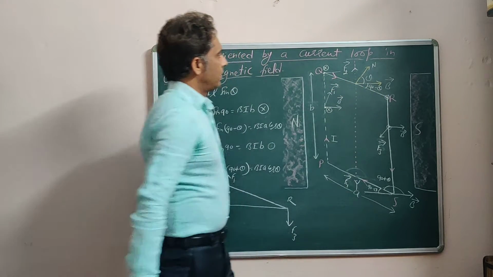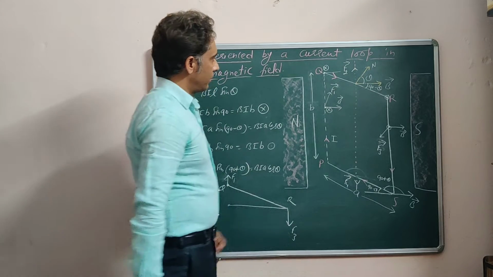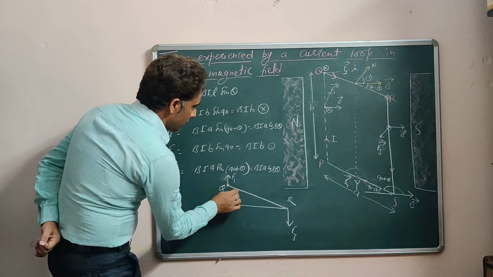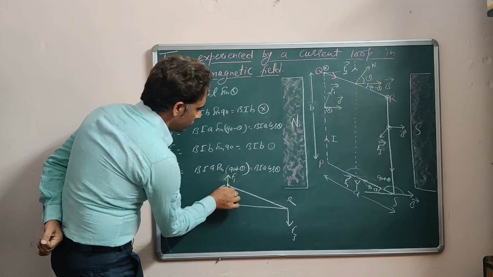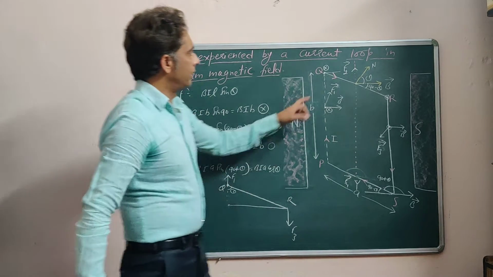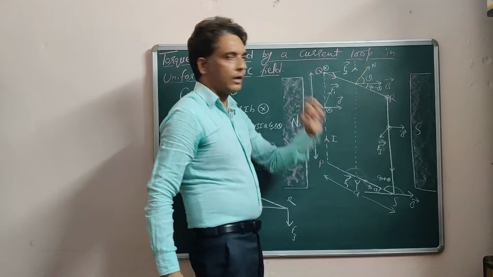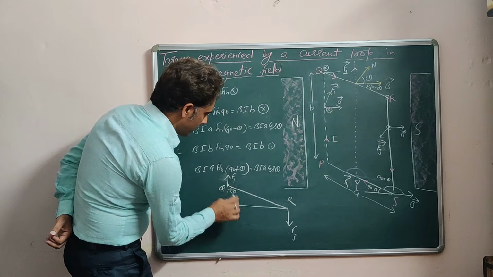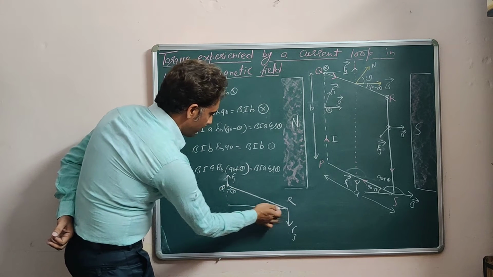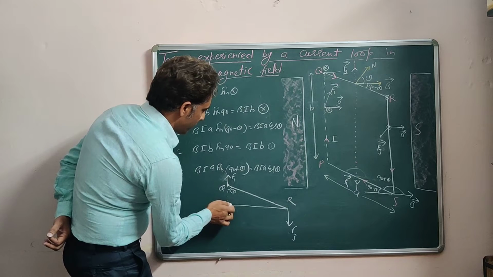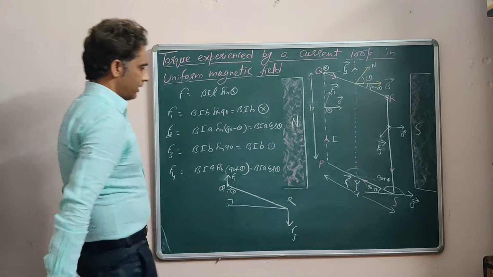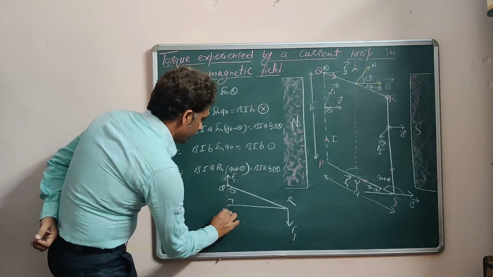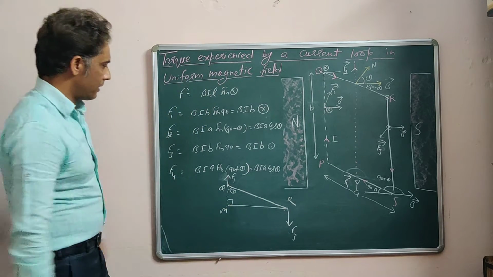So this angle should be equal to theta. So if it is theta, then we can find this perpendicular distance. This is QR, let this point be M. So we can write MR